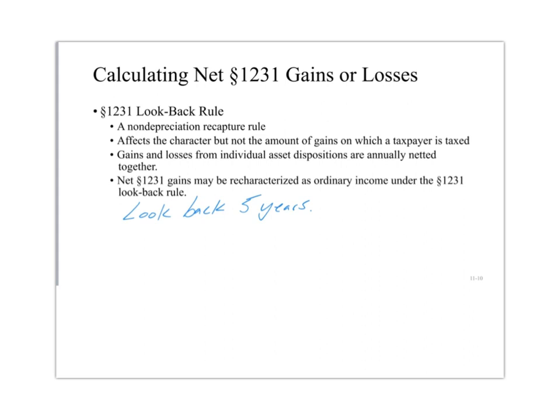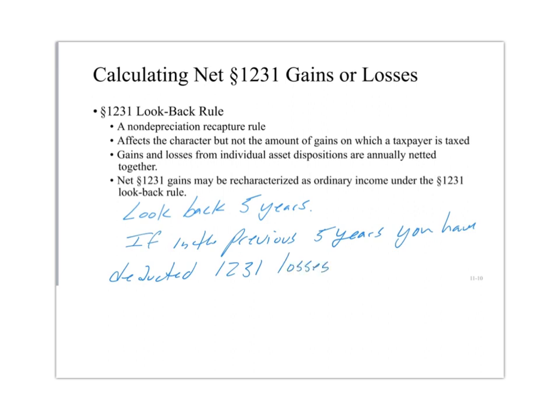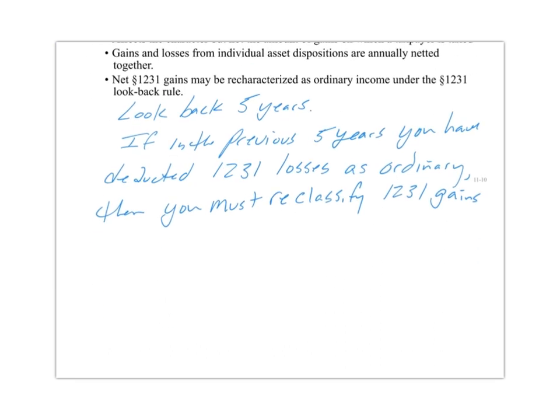But I want to get this look-back written down. So what this look-back does is you're going to look back 5 years. If in the previous 5 years you have deducted 1231 losses as ordinary, then you must reclassify 1231 gains as ordinary income